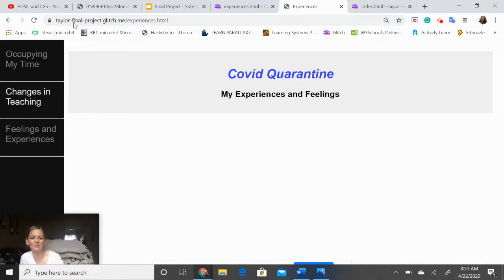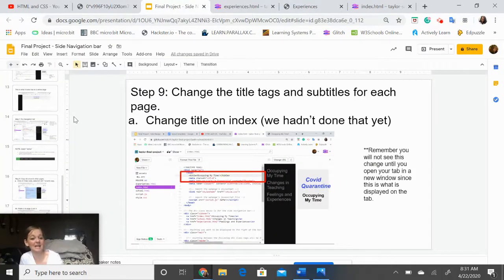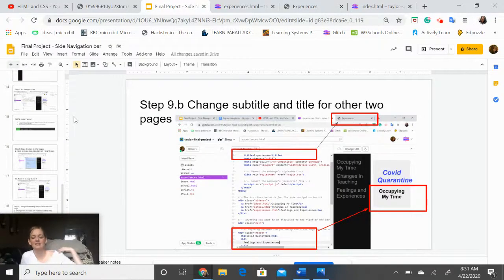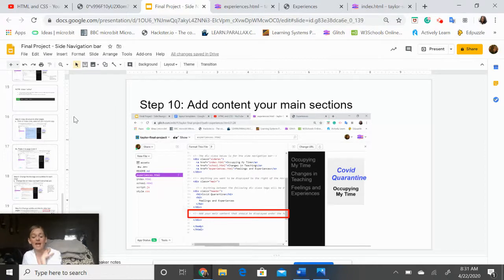So now I'm ready to move on to, I believe, step 10. Again, this is going to show you step-by-step, showing you where the tag is and where it correlates. And now we're down to adding content to our main section. What's nice is that with the side navigation bar, it gives a simpler layout: anything that you want to be displayed on that website, you're just going to add right into that main content section. So it'll be like div class equals main,